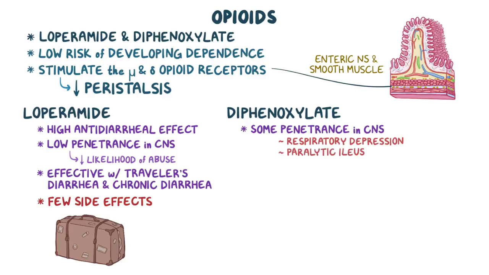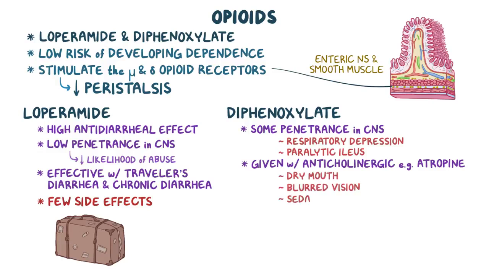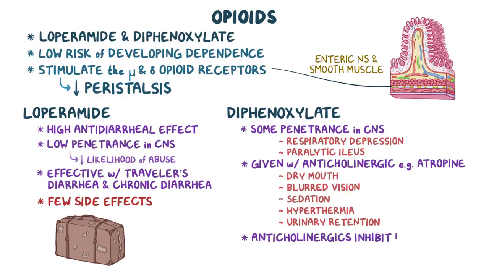To prevent abuse, it's often given with an anticholinergic, like atropine, which when taken in large doses causes unpleasant side effects like dry mouth, blurred vision, sedation, hyperthermia, and urinary retention. An additional benefit of anticholinergics is that they also inhibit intestinal motility and secretion, providing a synergistic effect when combined